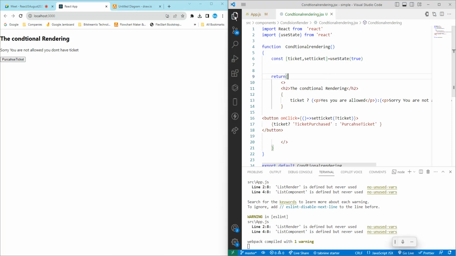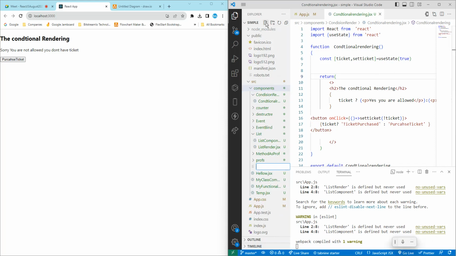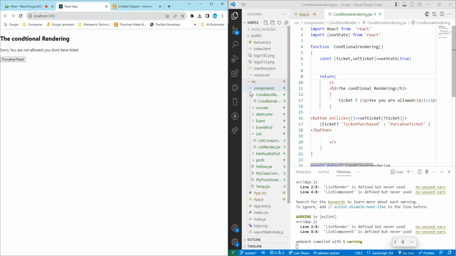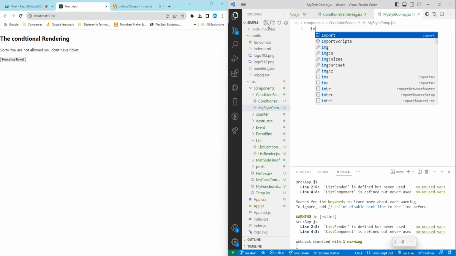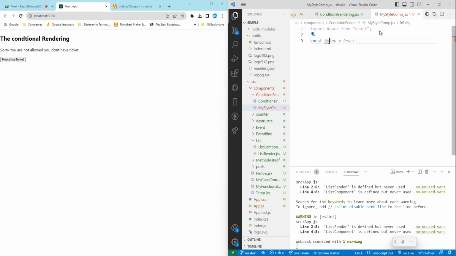Okay, first what I will do, I want to create one component here. The component name should be something, my style comp.jsx. Okay, so then import React, then a constant myStyleComp, open close brace. And return, open close brace, and I want to create a new